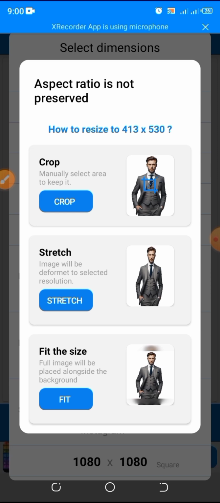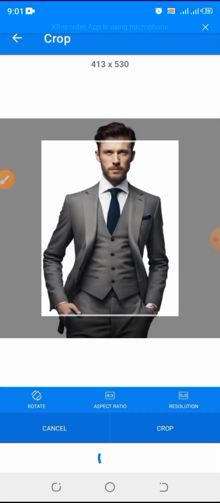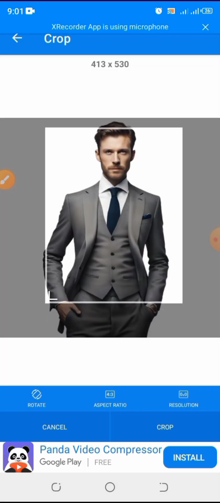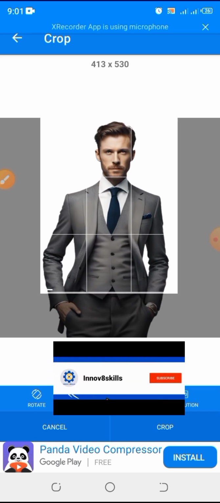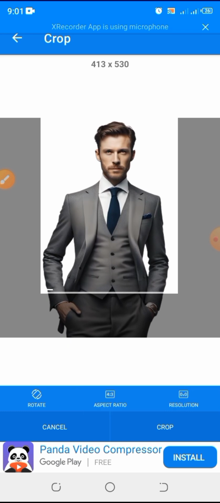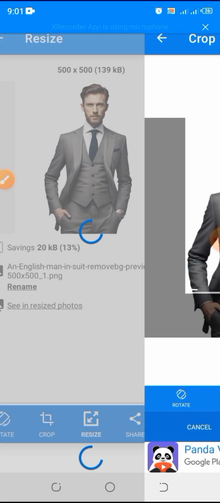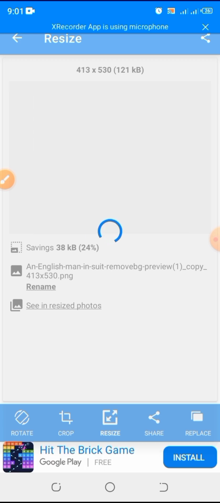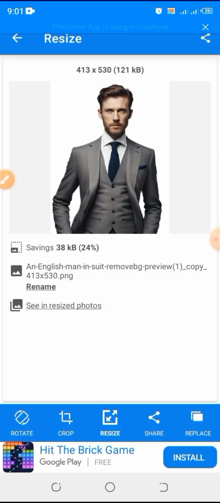So now you have this option for how to resize this if aspect ratio is not preserved. The first one is crop. The second one is stretch. This one will deform your image. If you're a graphic designer, you understand why you will not go with this second option. So the best one to use is just to crop it, and you have it like this. You can see the new resolution on top, 413 by 530. You position it perfectly like this, and you click on crop,